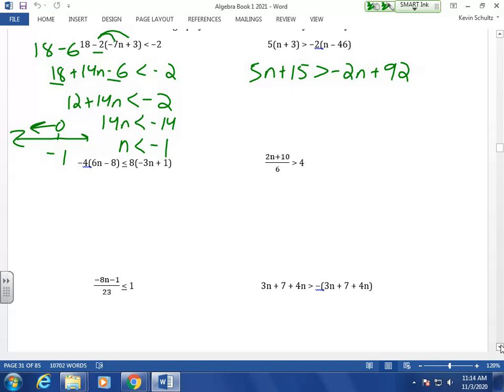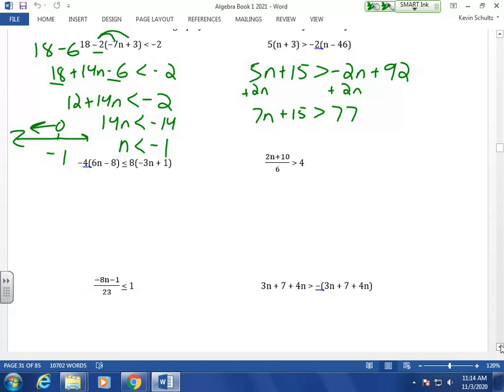I would move our negative 2n's over to the left, right? That does two things for us. First of all, it keeps this coefficient that we will ultimately be dividing by positive, so we don't have to worry about flipping the sign. And it also keeps our variable on the left, which, although it's okay for the variable to be on the right side, is more typical and therefore easier. We'll subtract 15 from both sides as well, move that over to the right side,